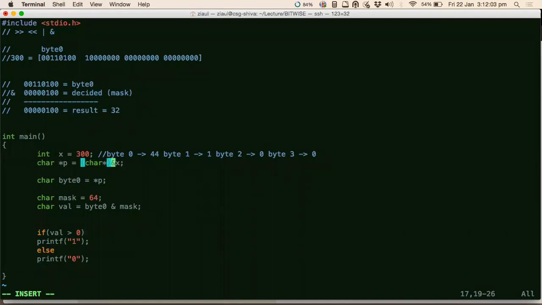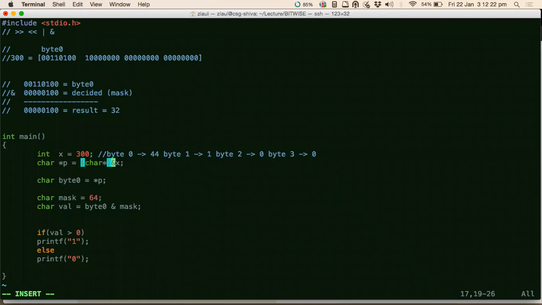That path is the pointer path, right? Using a pointer. Now, if the pointer was an integer pointer, then you have not changed anything actually. If you try to access the value of that integer pointer using the star operator, you would still get hold of all the 4 bytes.